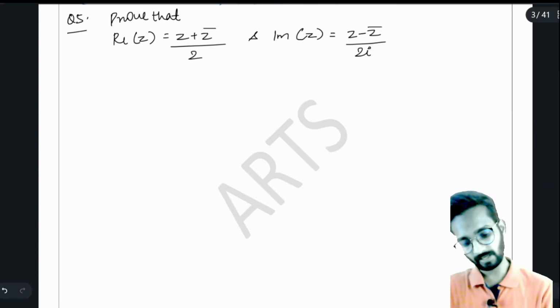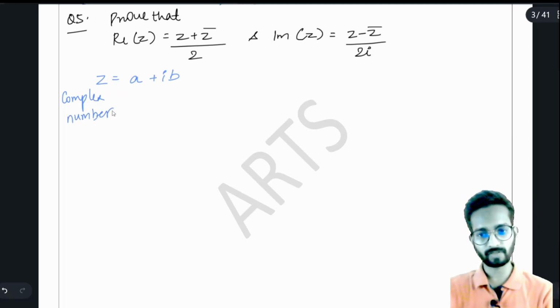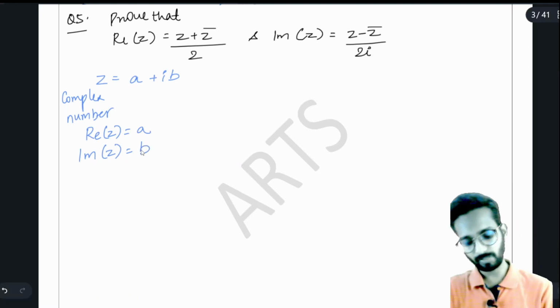Let's say we have z is equal to a plus ib. We have already learnt what is our z. z is our complex number. Very good. If z is our complex number, the format of complex number will obviously be a plus ib. Now according to this, what is my real number? My real number for this is a and my imaginary number for this will be b. Very simple. What I have to prove?